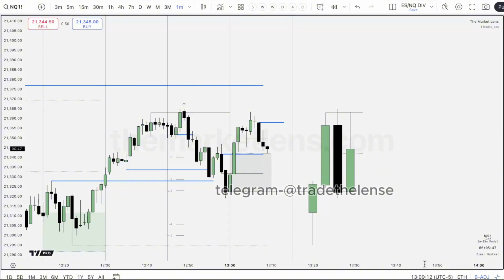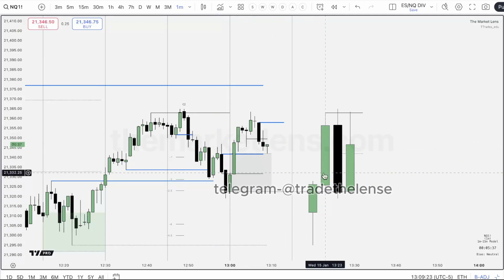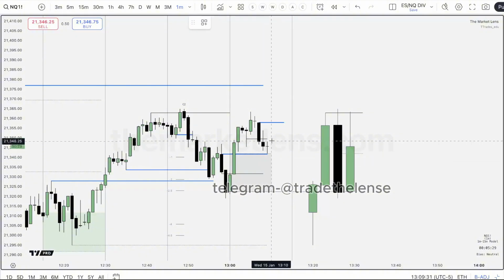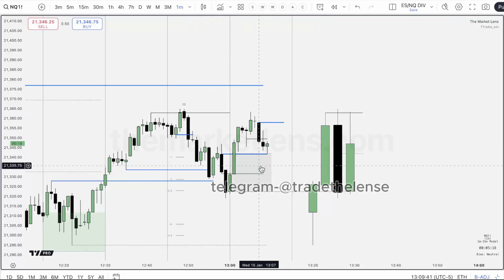Yeah, last night. The thing is, I just don't watch PM session. I'm not that good in PM session, it's somewhat confusing to me. But this is what I'd like: if we close there, and then you get displacement up on the next candle. The only thing is, I never try to trade a candle like this, because we're range trading currently.